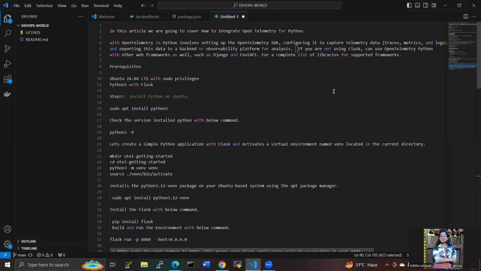So many frameworks are there for Python, such as Django, FastAPI, and Flask. In this case, I am using Flask. So what are the prerequisites for this? We must have Ubuntu 24.04 LTS with sudo privileges and Python 3 with Flask installed on your machine. These are the steps I am executing one by one to show you how we integrate OpenTelemetry for